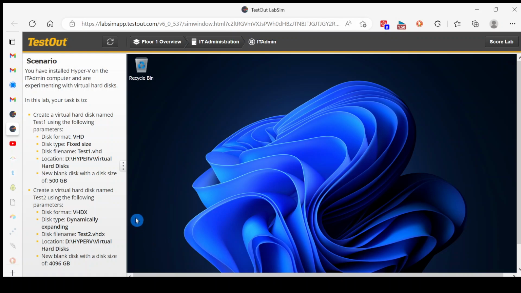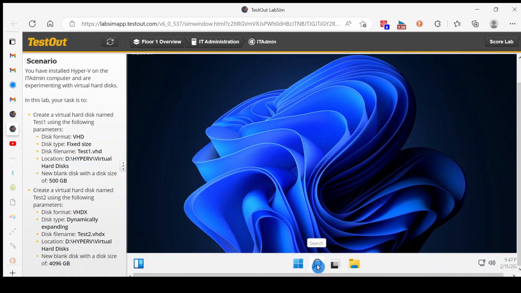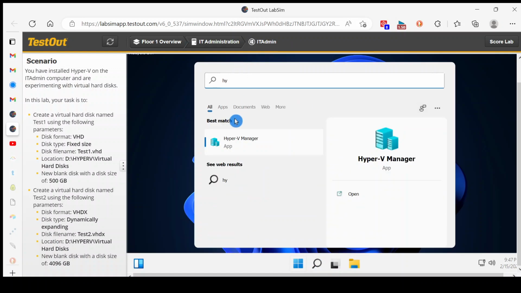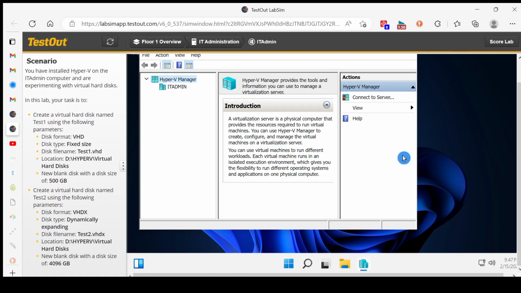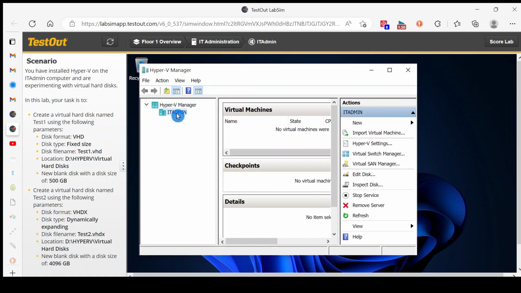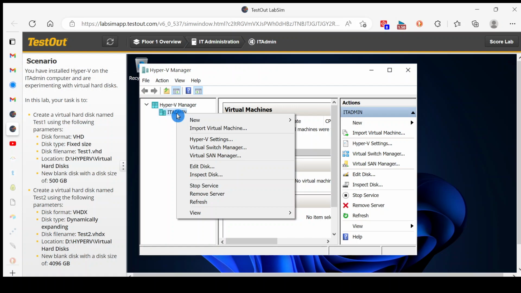Okay, the purpose of this lab is to create virtual hard disks. So let's scroll down to search and we'll type HY and that brings up the Hyper-V Manager. So we'll click on the Hyper-V Manager, we'll scroll up, and we want to create a virtual hard disk named Test1. So we're on the IT admin machine, so we'll click on IT admin and we'll right click on IT